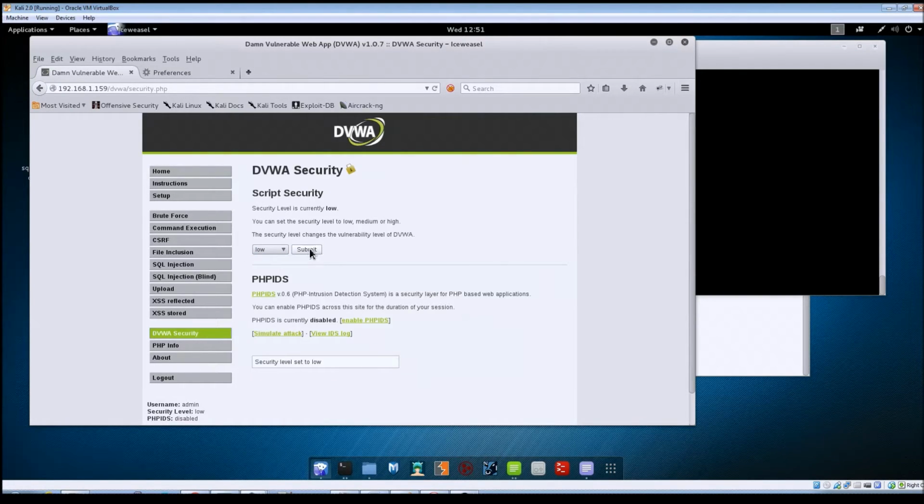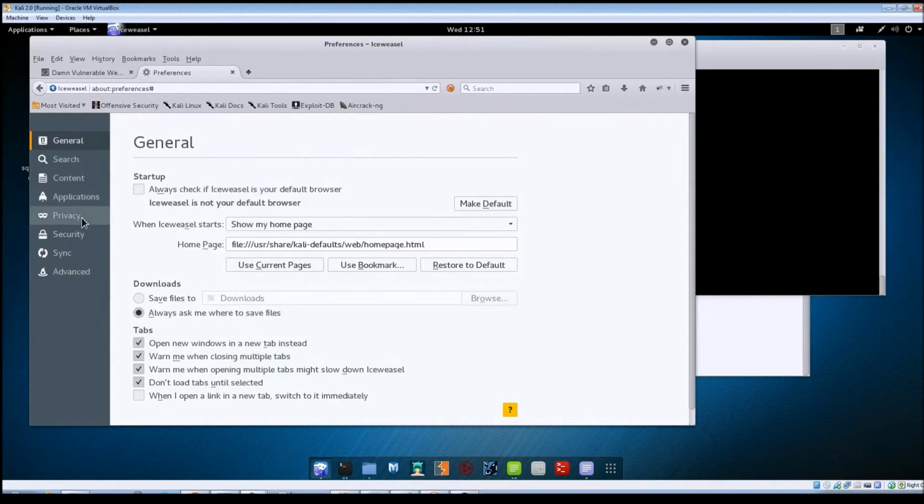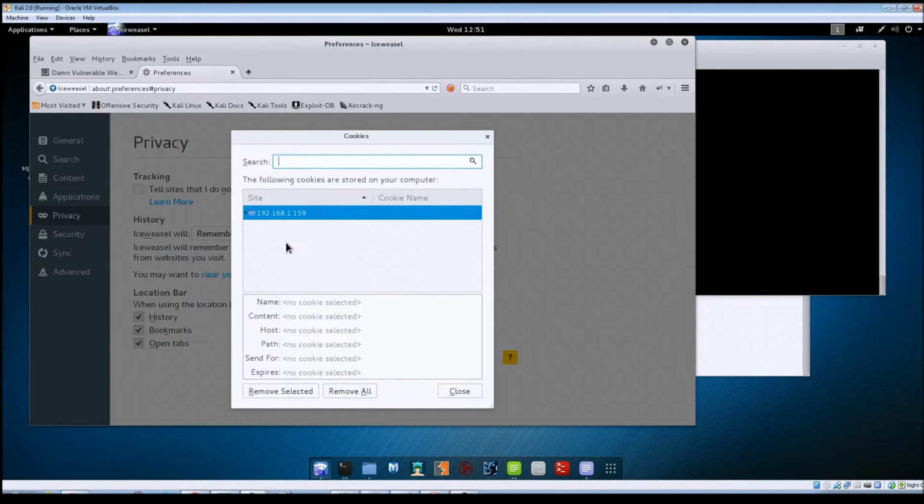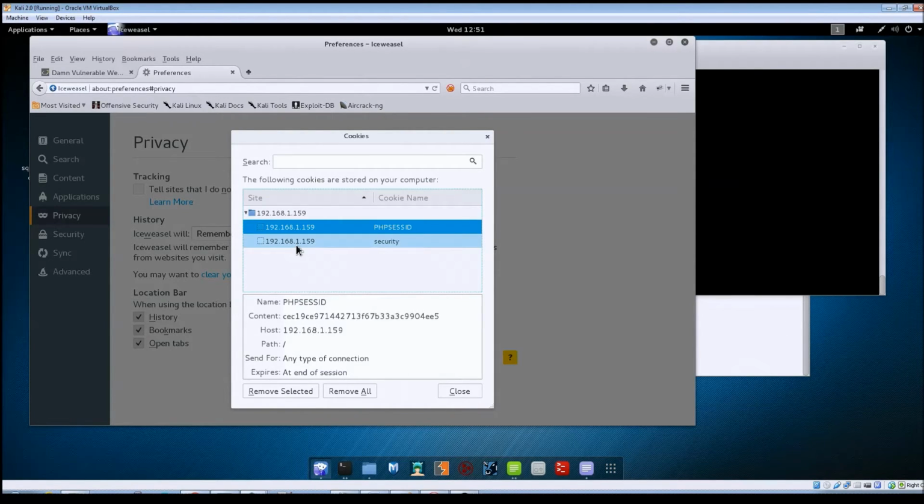And then in order to get the cookie information, there are a couple of ways you can do it. I'm just going to pull it up from the browser here. If you go to Edit, Preferences, and then go to this Privacy section, you can just click on the cookie information here. And you can see there are two values set within the cookie. You've got this session ID and this security setting, and we're going to need both of these to feed into